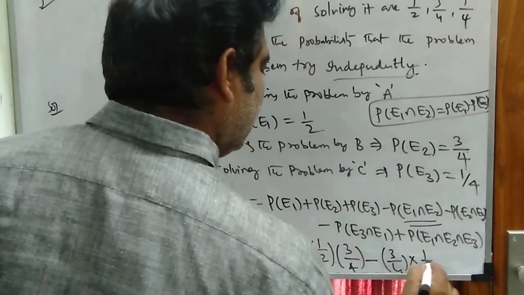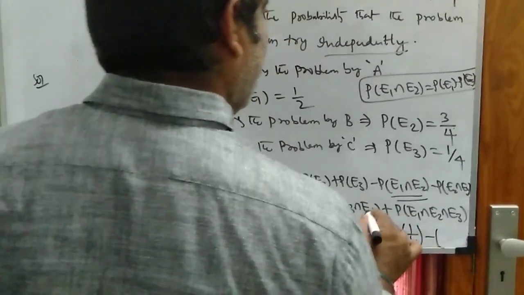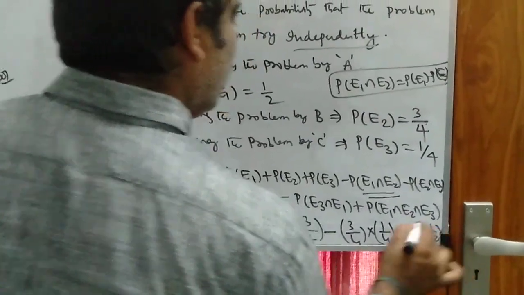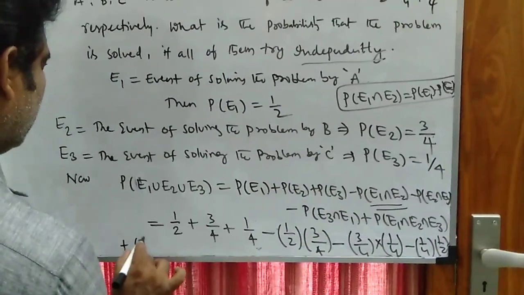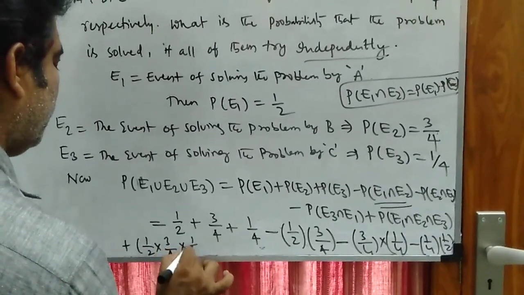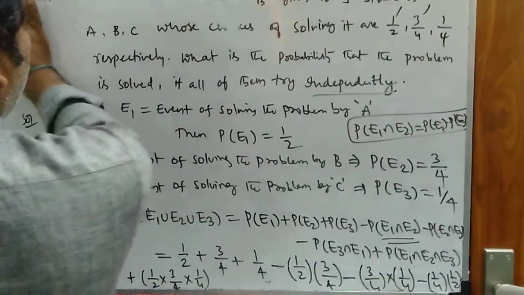What is P of E3? 1 by 4, minus P of E3 intersection E1, that means 1 by 4 into 1 by 2, plus 1 by 2 into 3 by 4 into 1 by 4. So clear. So on simplifying,